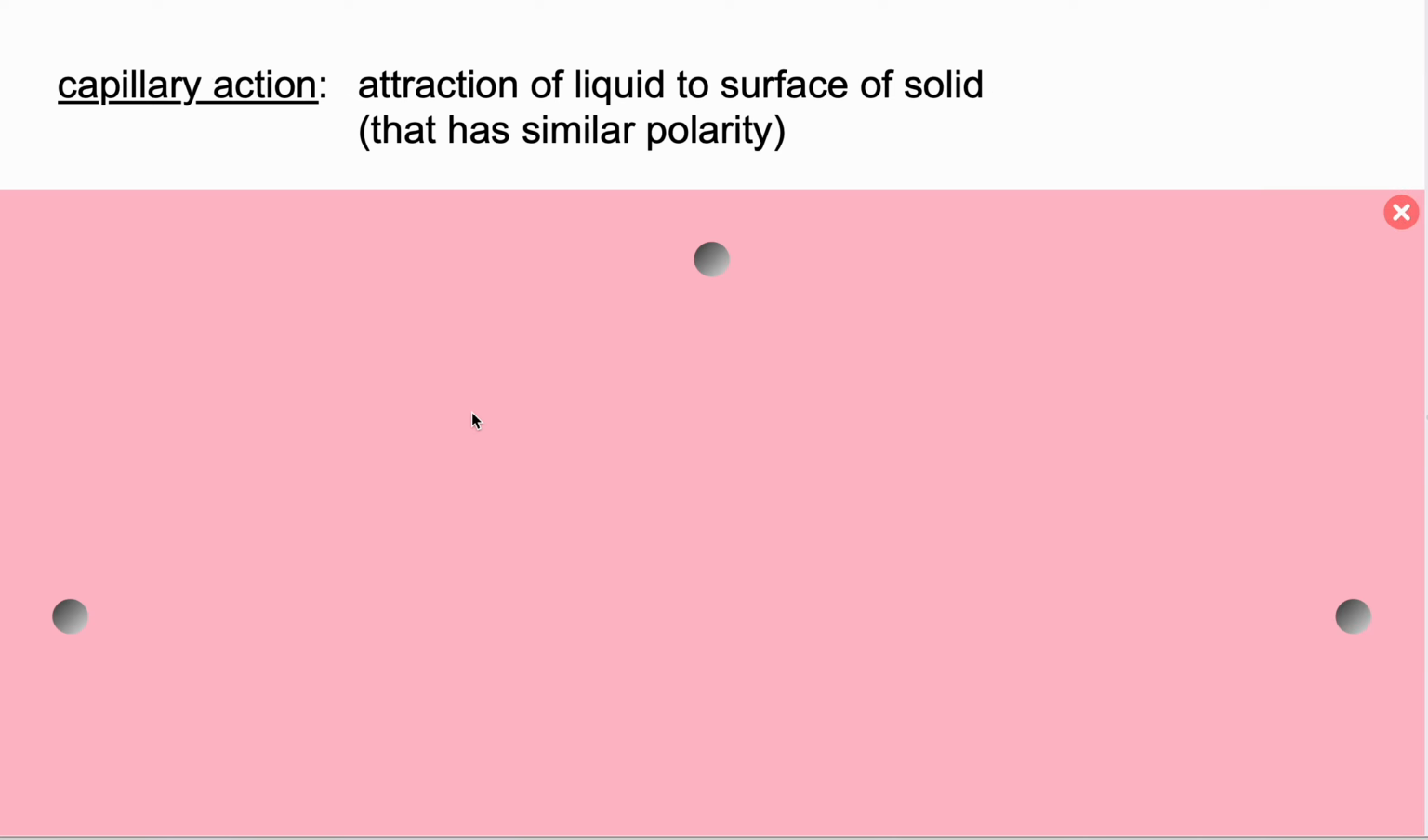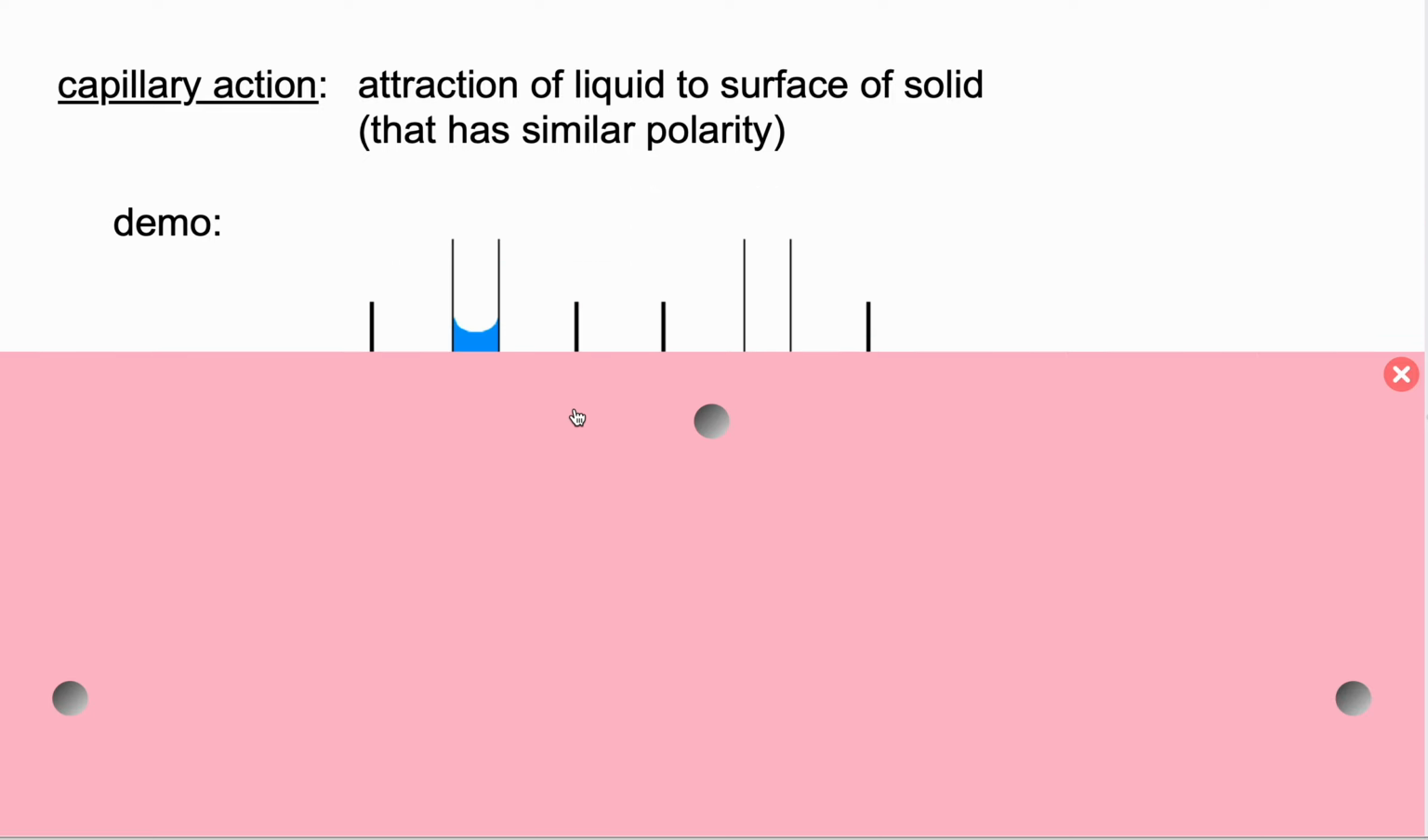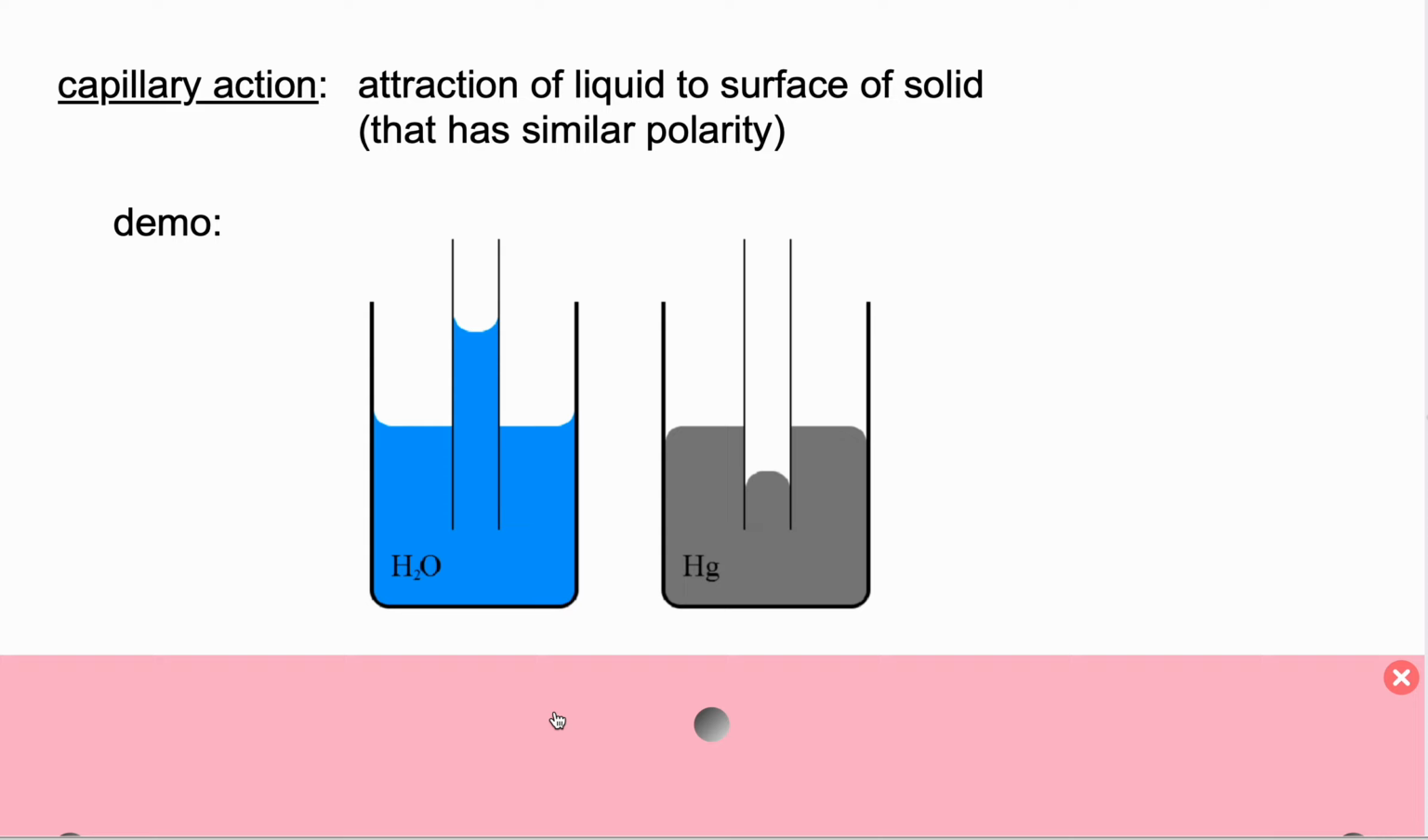Capillary action is the attraction of a liquid to the surface of a solid that has a similar polarity. If they're both polar or both nonpolar, they are strongly attracted to each other. I will demonstrate this in class as well. Here's a picture I found on the internet. If you place a thin glass tube in a container of water, you will see that the water actually gets sucked up inside the tube